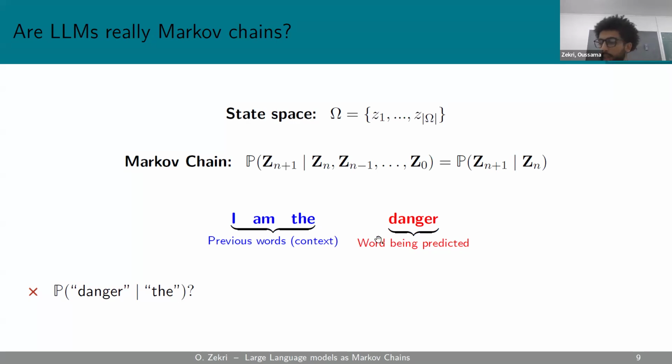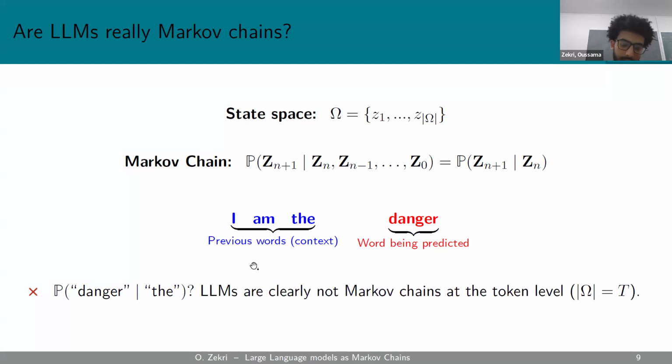Obviously not, because we just explained that the LLM doesn't work like this. So at the token level, your LLM is clearly not a Markov chain, right? But if you see this probability prediction as a prediction between the sequence of tokens I am the danger and the sequence of tokens I am